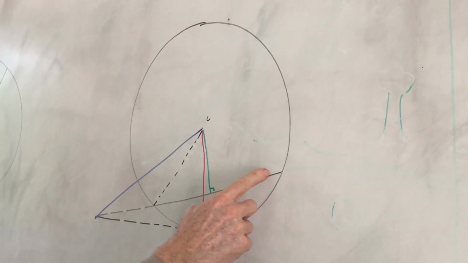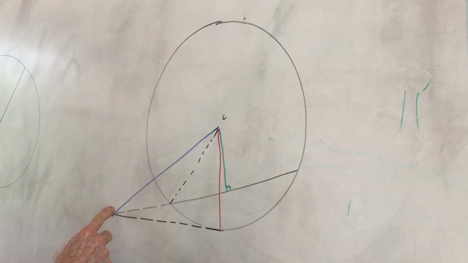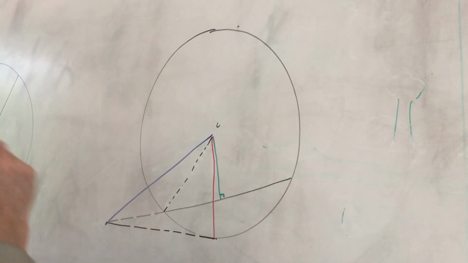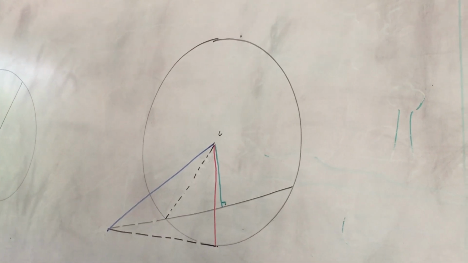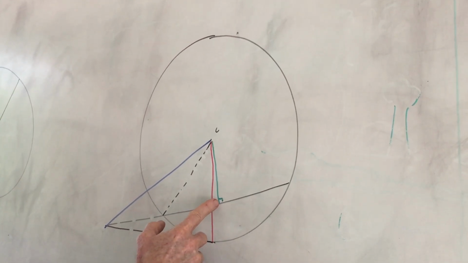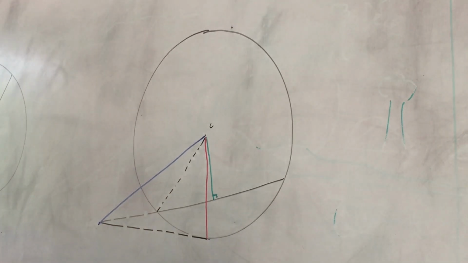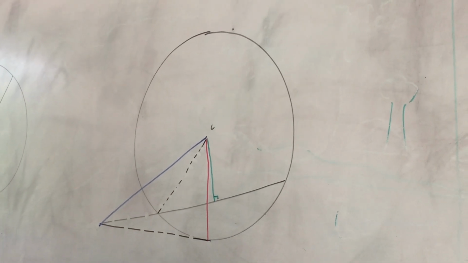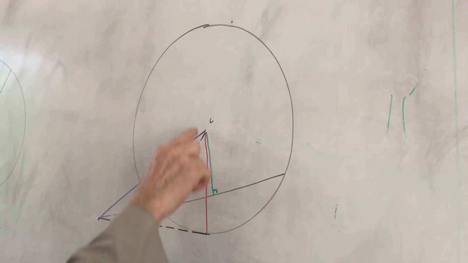Okay, so therefore we have a line cut in half and a line added to it. Therefore we know that the rectangle contained by the whole and the added straight line, plus the square on the half, is going to be equal to the square on the half plus the added part taken as one line. Great. So let's add this to both sides of the equation, the square on this